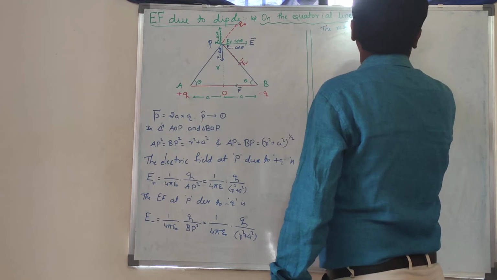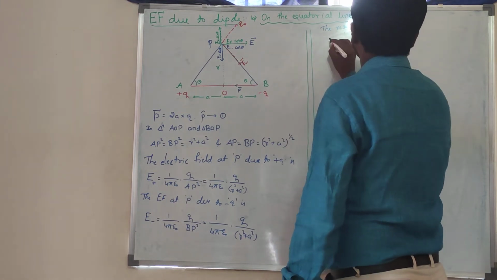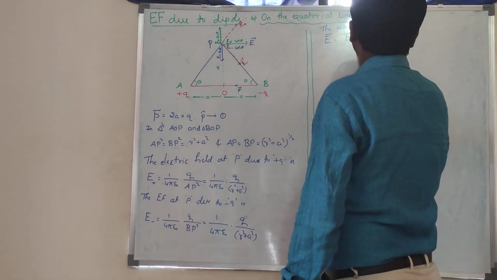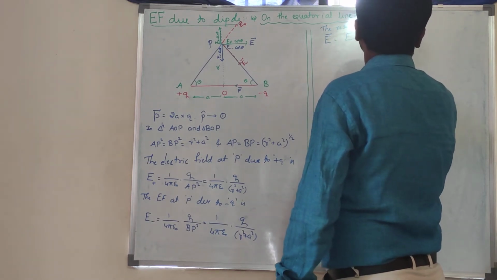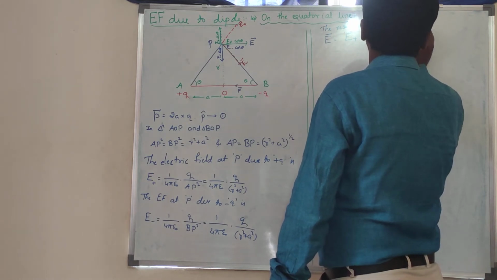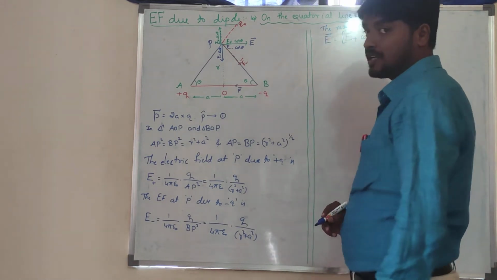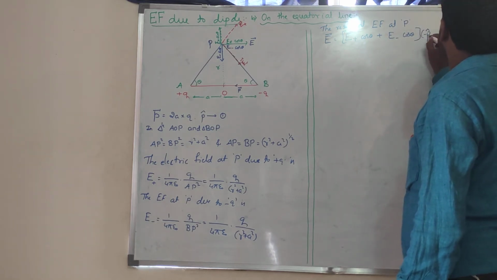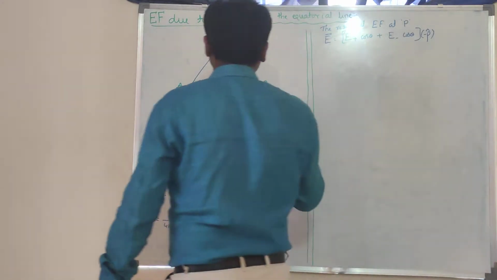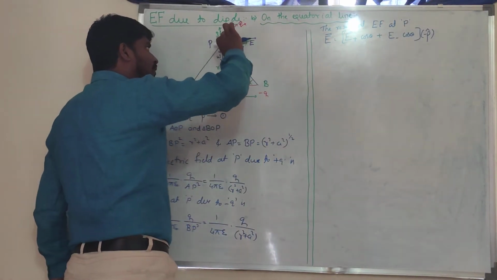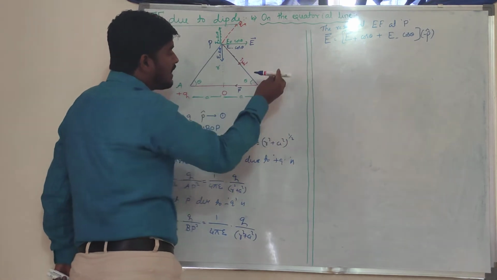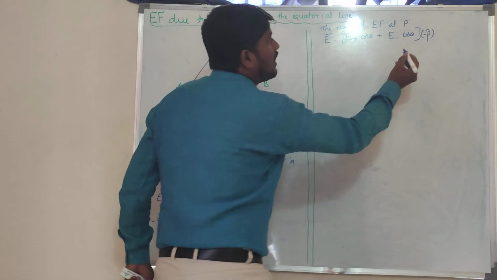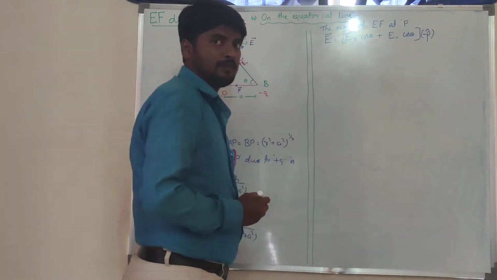The resultant electric field at P: vector E is equal to E plus cos theta plus E minus cos theta. Now here I have to write the vector quantity, that is P vector, with a minus sign. Again, why minus sign? Look at this. The resultant electric field is going in this direction and the dipole is going in this direction. Both are in opposite directions. Hence, I have to use a minus sign here.